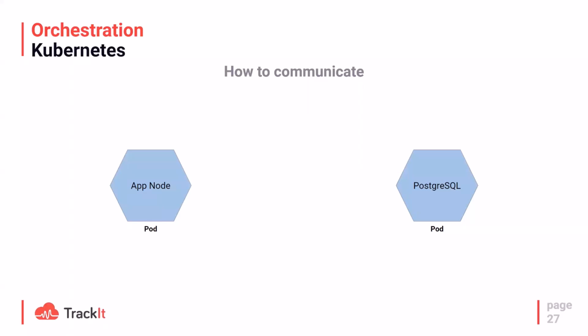Just some very brief points on how to communicate within the cluster. If I retake my example of my node application that needs to talk to its database, the issue we have is that the node application cannot talk directly to the database, because those resources are most likely deployed with deployments and a replica set. So the pod name is going to be random, because that's how replica sets work. When they create new pods, they associate a random ID at the end.